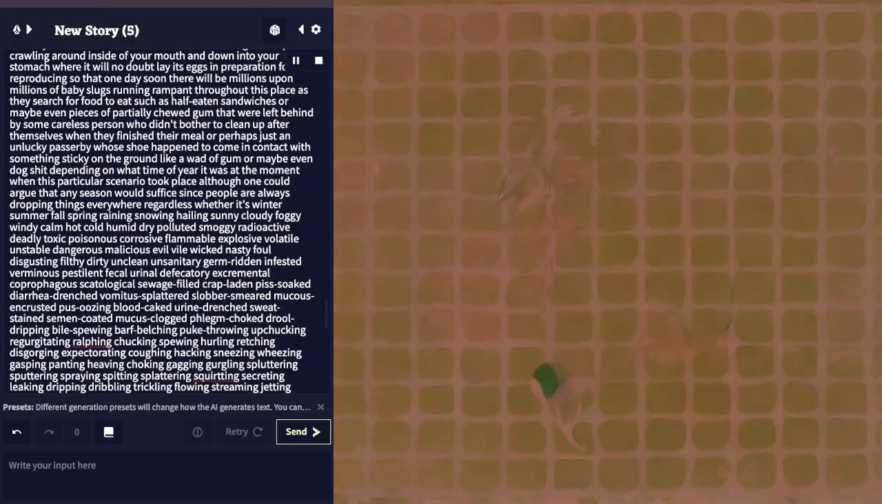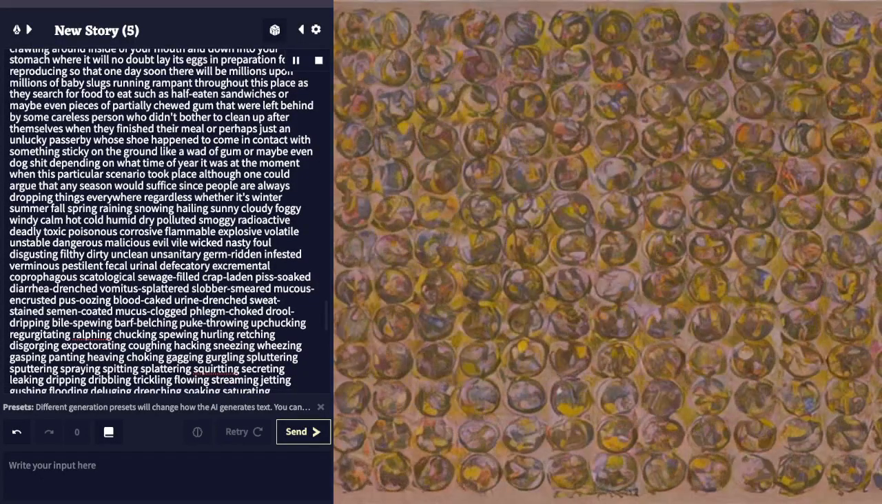windy, hot, cold, dry, polluted, smoggy, radioactive, deadly, toxic, poisonous, corrosive, flammable, explosive, volatile, unstable, dangerous, malicious, evil, vile, wicked, nasty, foul, disgusting, filthy, dirty, unclean, unsanitary, germ-ridden, infested, verminous, pestilent, fecal, excrement, scatological, sewage-filled, crap-laden, piss-soaked, diarrhea-drenched, vomit, slobber, mucus, pus, blood-caked, urine, sweat, semen, clogged, drool, dripping, spewing, barf, belching, upchucking, regurgitating, chucking, hurling, retching, disgorging, expectorating, coughing, hacking, sneezing,